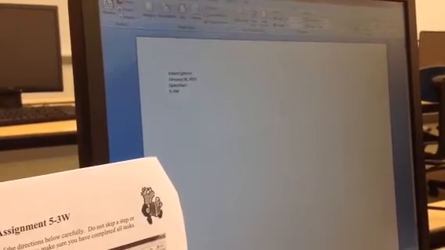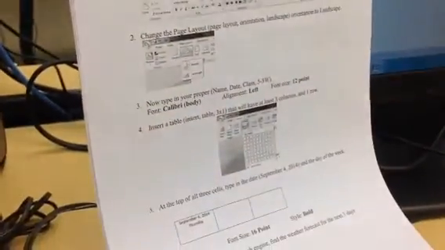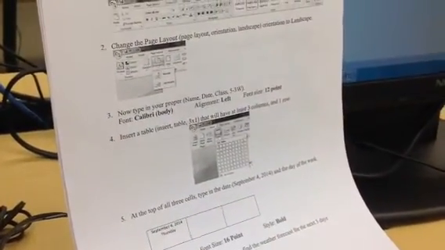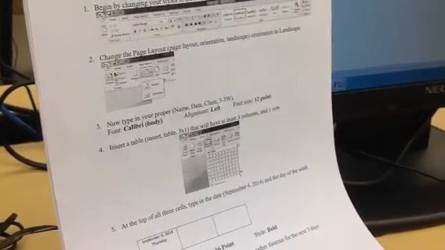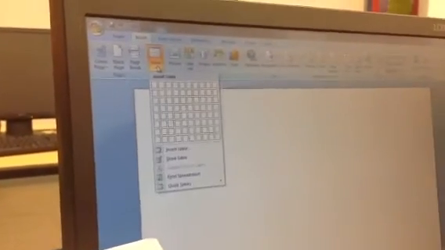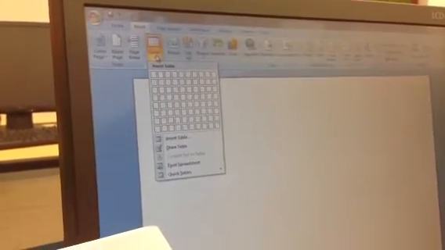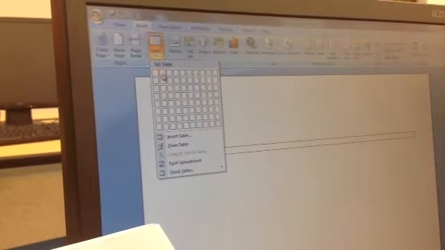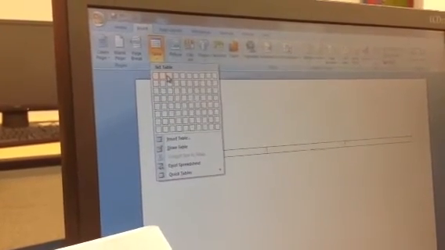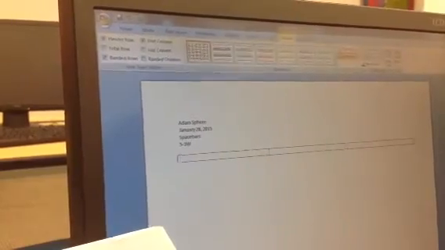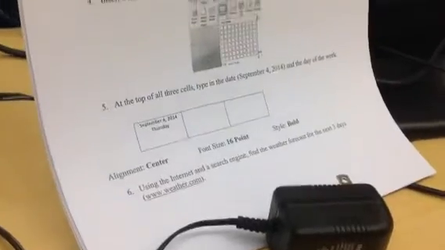all set to begin with step number 4, which is the assignment itself, creating a table. It says insert a table that will have at least 3 columns in 1 row. In order to insert a table, we go up to the top where it says the word insert, down to table, and we need to go with 1 row with 3 sections to it. So therefore, we're looking for a 3x1. Open up our 3x1. Step number 5 in our directions says at the top of all 3 cells, type in